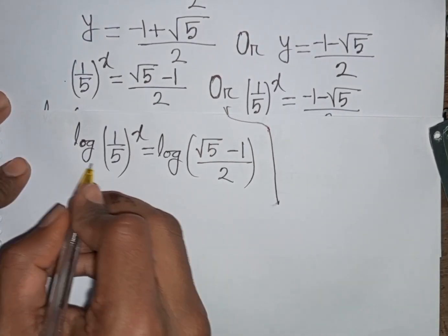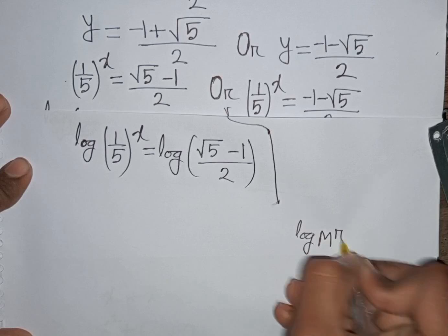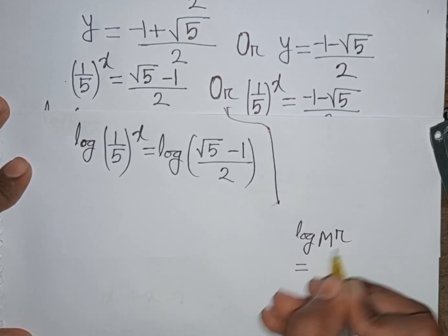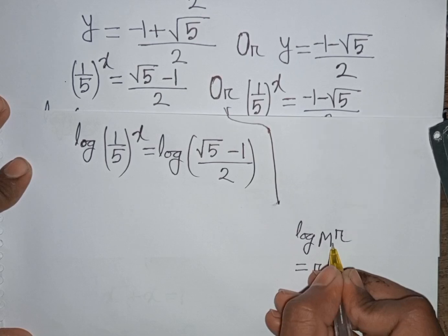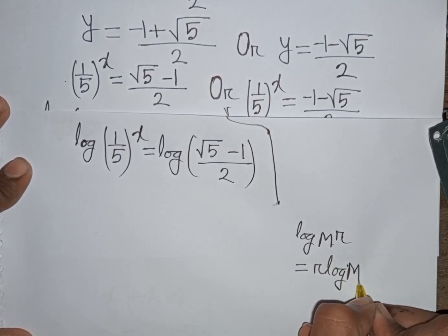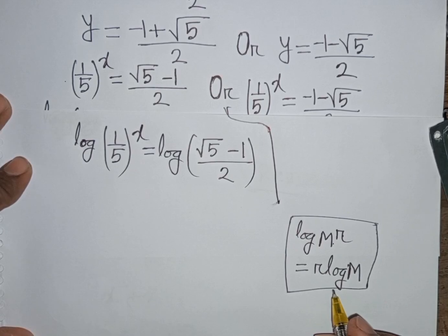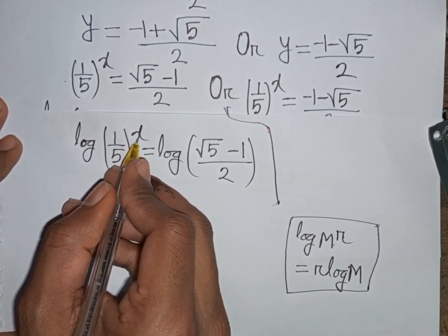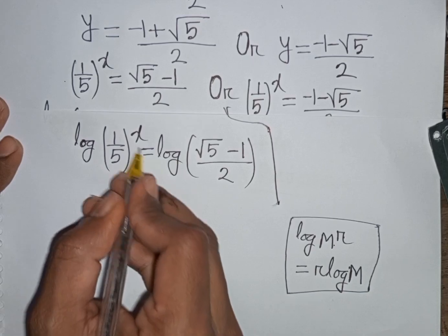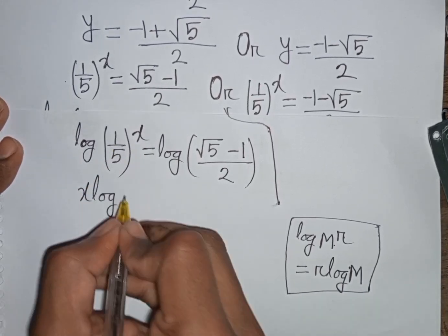Now, here I can apply a rule that log m to the power r is equal to r log m. That means this power moves to the front. So, according to this rule, this power x will move down, so you can write here x log 1/5